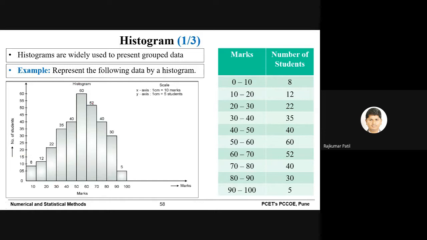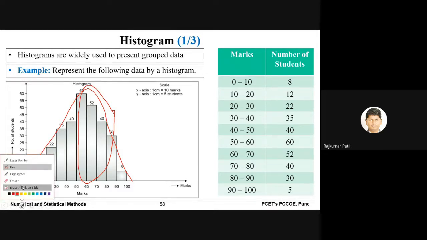And when it is a skewed distribution, so again we can understand that mean, mode and median will not be at the same point. So that understanding we can make. And this distribution is inclined slightly towards the right, that is data is concentrated more towards the right. So we can say that the paper is simple, or maximum students performed well in the examination. So that kind of observation we can make.